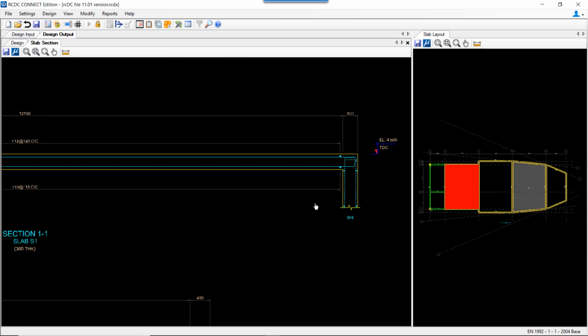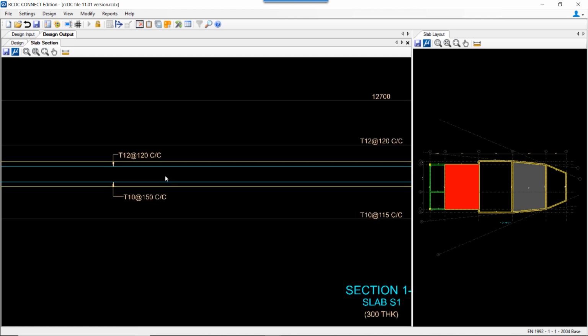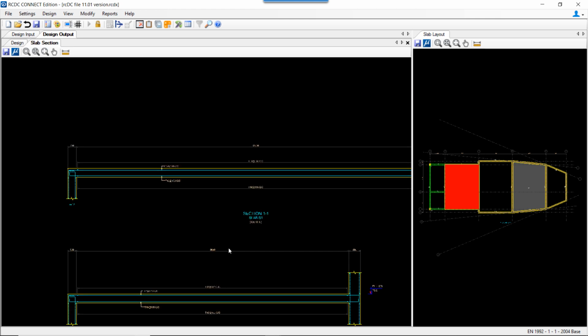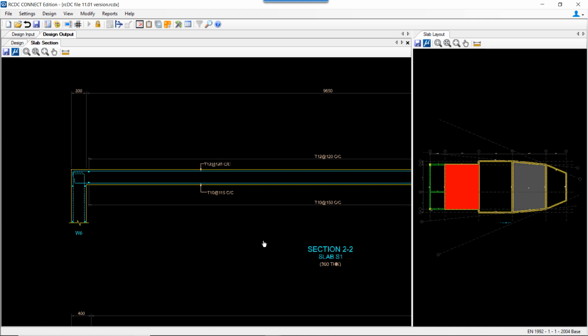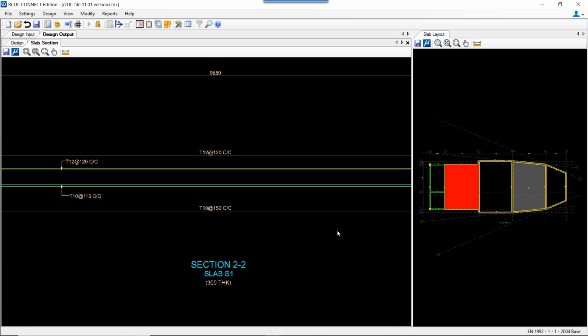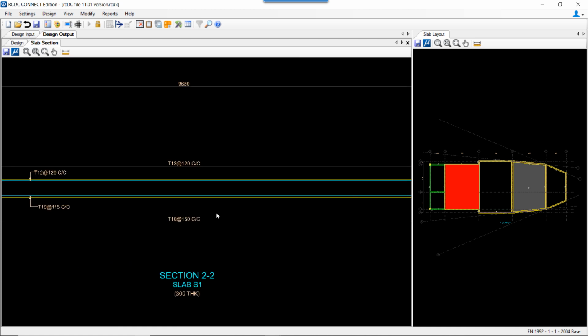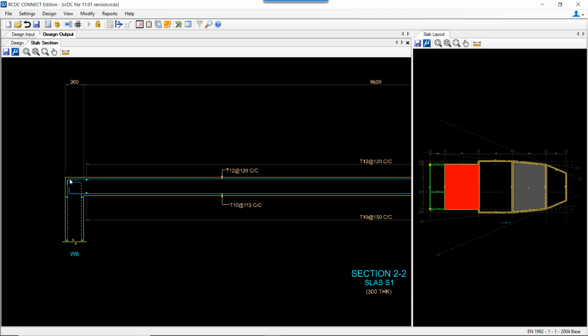So we can see the top and bottom reinforcement provided over here along both the direction, and slab section 22, which is along the short span. So we have wall W6 and W7, with this tank of this particular structure is terminating at this level. So we have wall W6 which is stopping at this level, and there is a wall W7 which is going for the above levels as well.